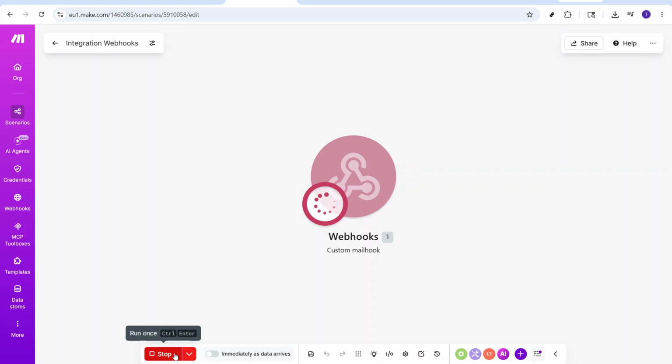And there you have it. You've now learned how to set up and utilize a webhook on make.com. With these steps, you're all set to automate processes and manage incoming data in real time. Thank you for joining today, and I hope this guide